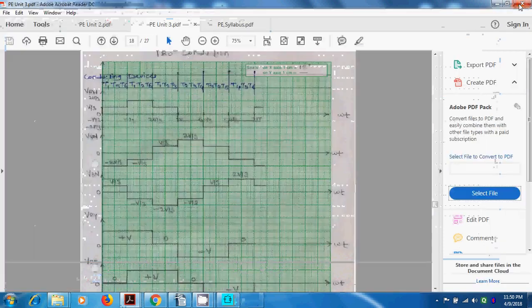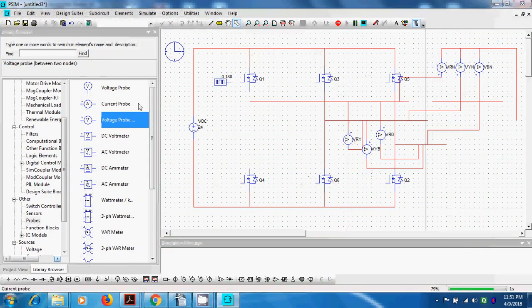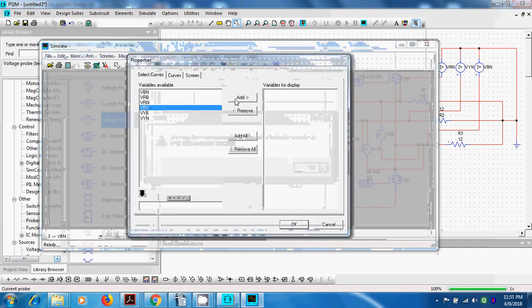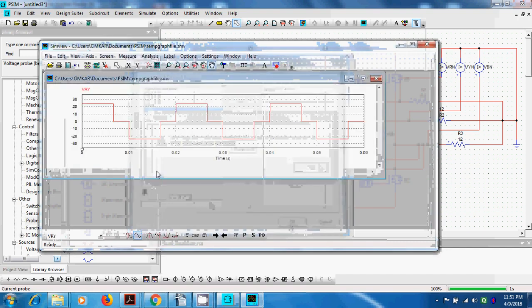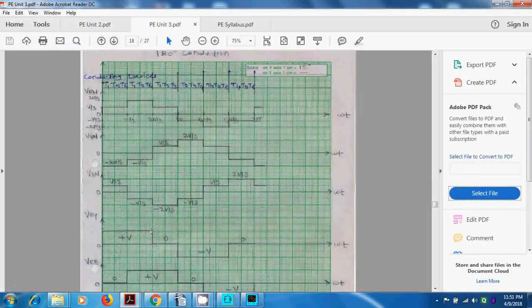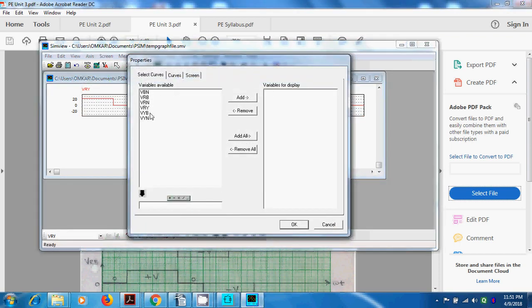Now I want to see the line voltages, that is VRY, VRB. So again run it. VRY, so this must be a cos square waveform. Yes, it is cos square. If you compare this with the theory, VRY is positive, 0, negative, 0. Let us see. Yes, positive, 0, negative, 0, positive. So this is a cos square waveform.